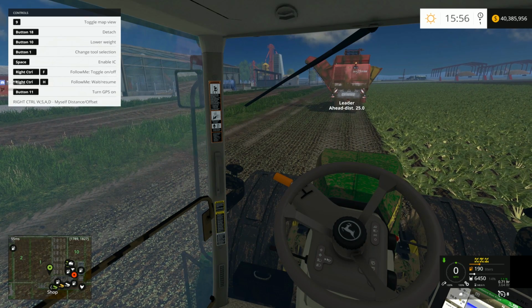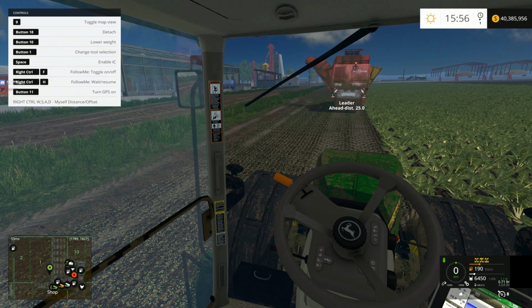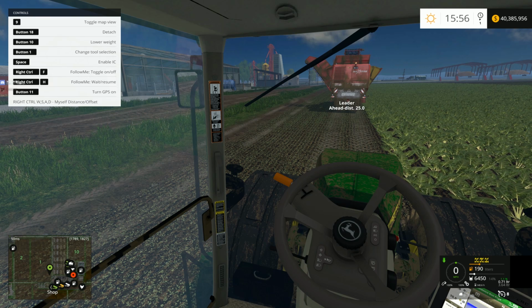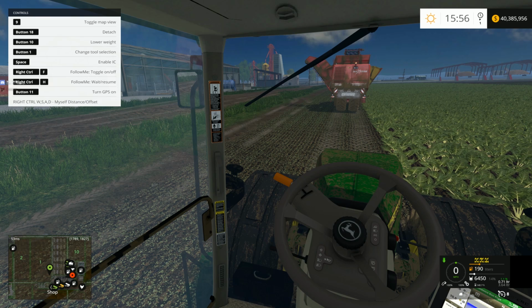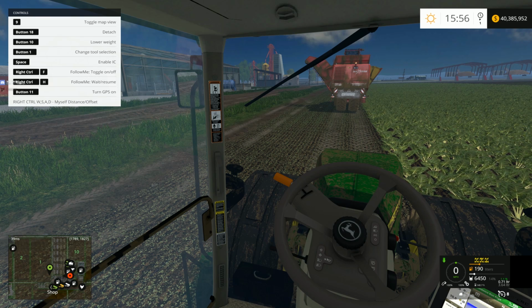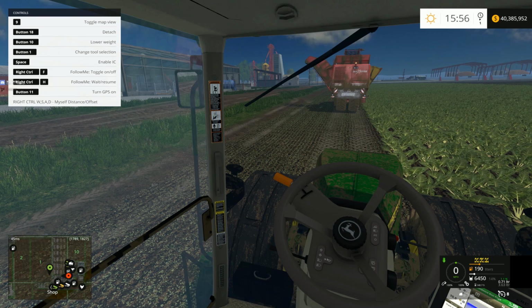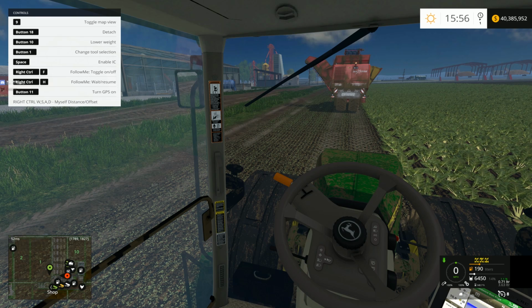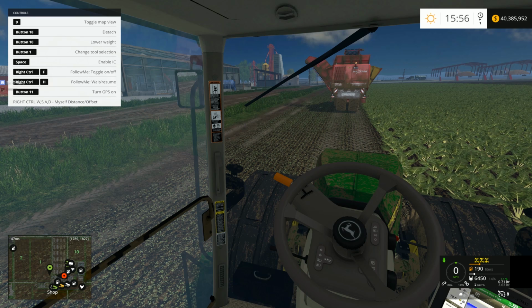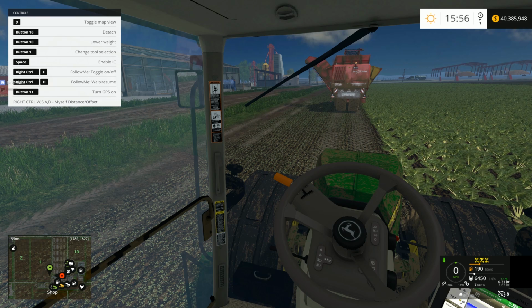Now again, holding down right control, you'll see that it says the harvester is the leader and he's ahead of me by a distance of 25 meters. Now I can adjust that distance, because if you look over in the help menu now, you'll see it says right control WSAD myself distance offset. What does that mean? That means using the right control button plus W, S, A or D,